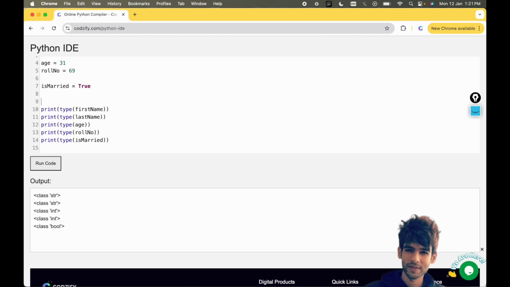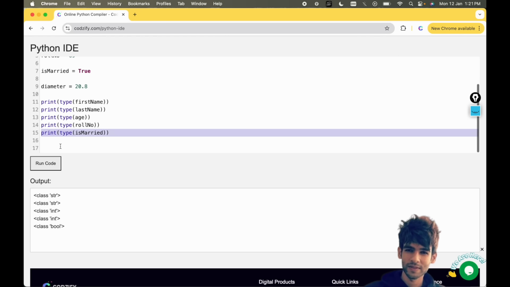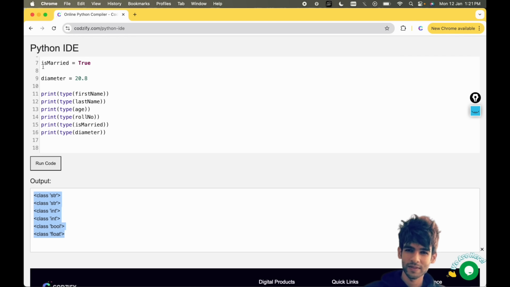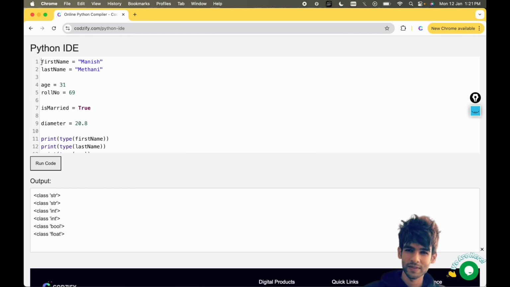Now there is one more type which is float. So for example, if you have to represent the diameter of any circle or distance, you can represent it using this as well, like this. You have to print diameter as well, so I will name it diameter, okay? So this is of type float. That's the important thing to notice. We don't have to write the data types, okay? These are called data types, which represent what type of data is stored inside the variable.